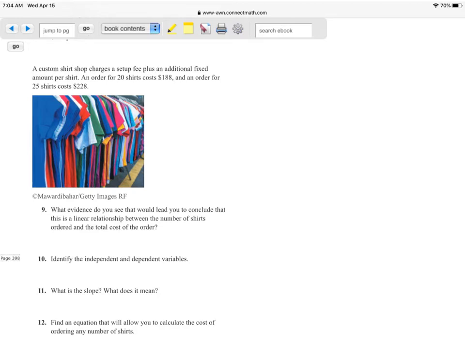Well, I look at this amount right here. You have the setup fee, right? Then plus an additional fixed amount per shirt. So each amount that the cost goes up is going to remain constant. The fact that each new additional shirt is the same amount tells you that that would be a linear relationship. So to give you something to write down here instead of me just yammering,